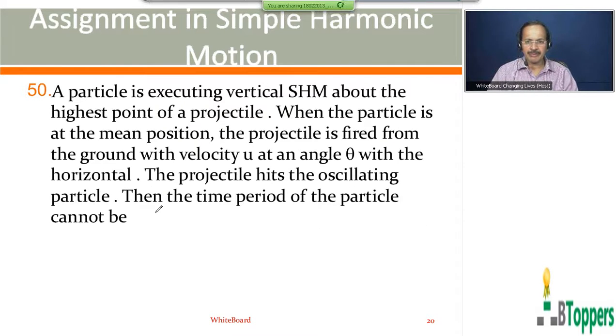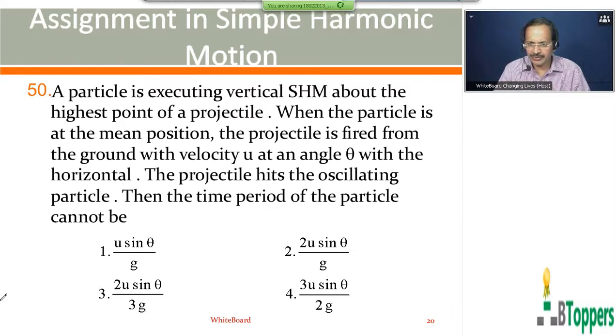So next, see question number 50. A particle is executing vertical simple harmonic motion about the highest point of a projectile. The particle is at the mean position. The projectile is fired from the ground with a velocity u at an angle theta with the horizontal. The projectile hits the oscillating particle. And the time period of the particle cannot be